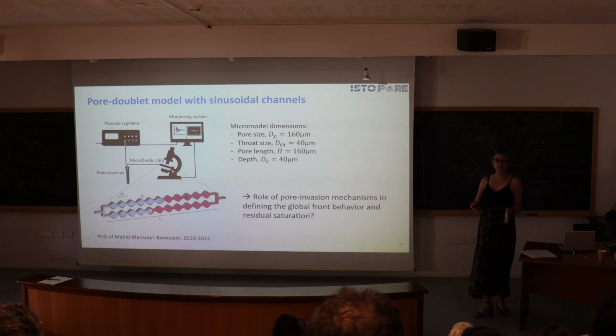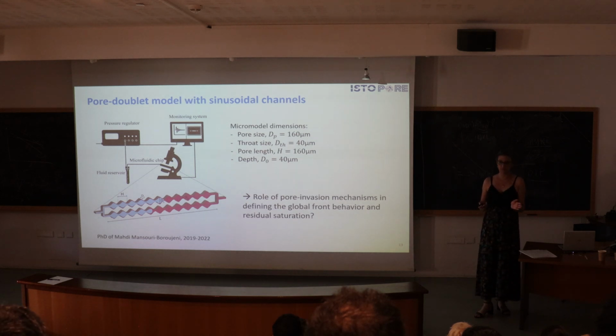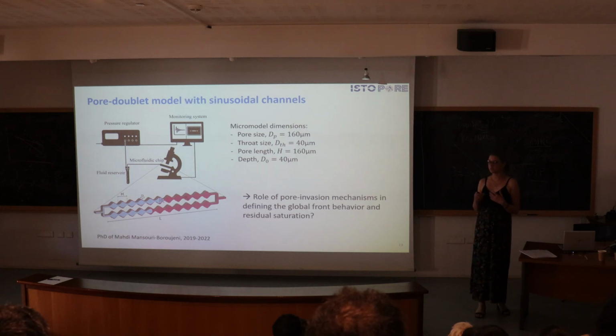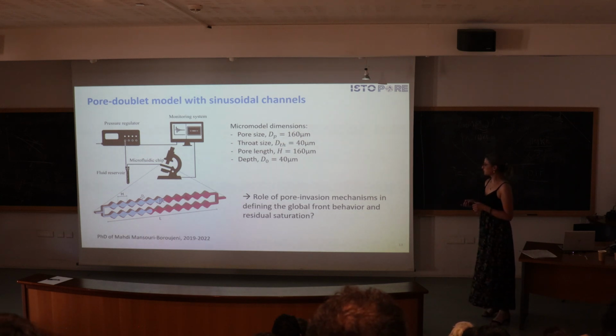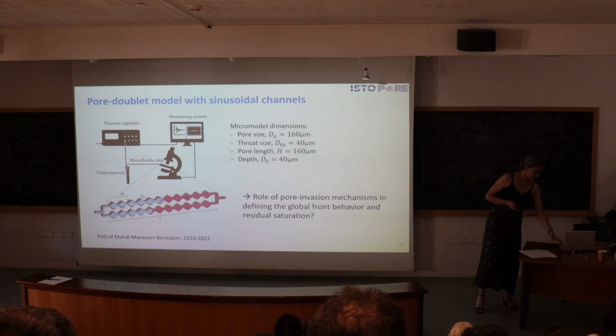the idea is that we first saturate it with a wetting fluid, and then we inject a non-wetting fluid. We did that for different pairs of fluids, so for different viscosity ratios and for different flow rates, which leads to different capillary numbers. So we try to have a wide range of parameters. And so what we observe with